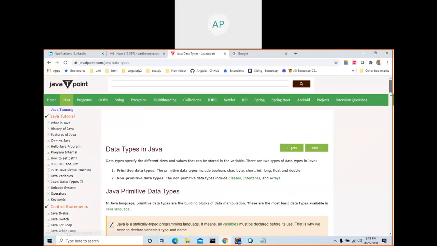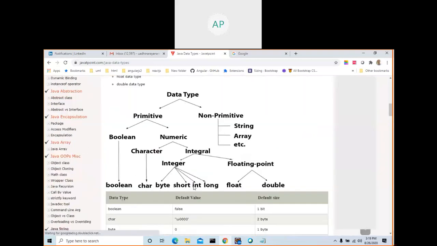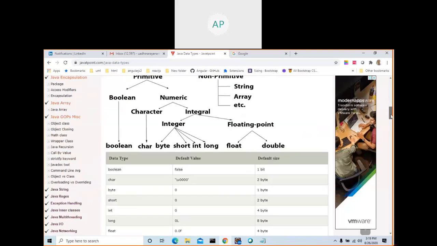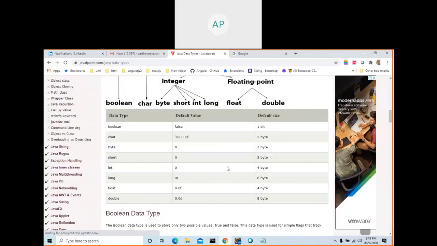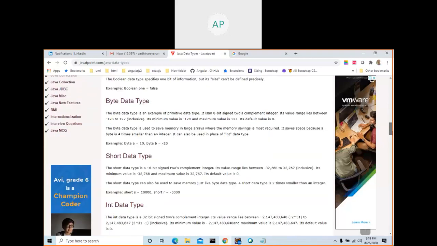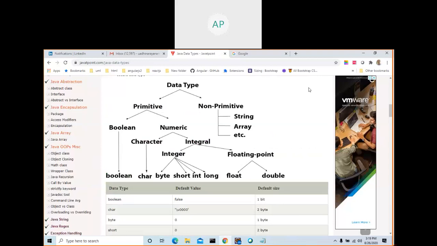When you read this document, see here, I'm using int, double, float, long. You can use any data type: boolean, character, byte, string, int, long. See what is int: 4 bytes, 2 bytes, 1 byte. You can see this one.